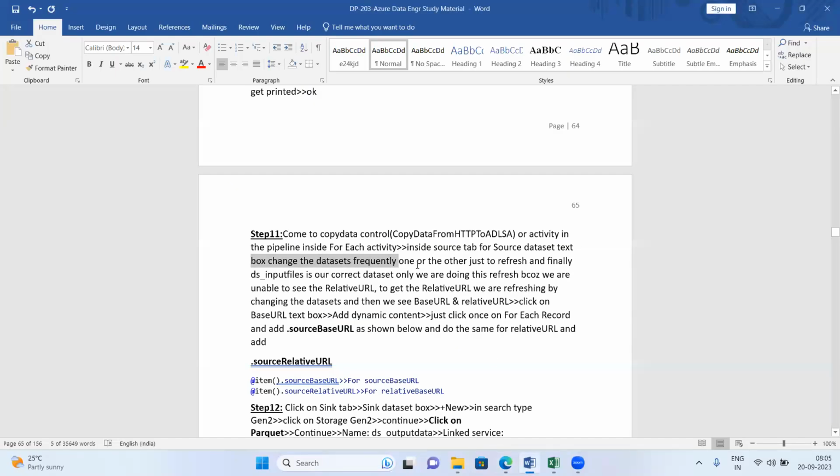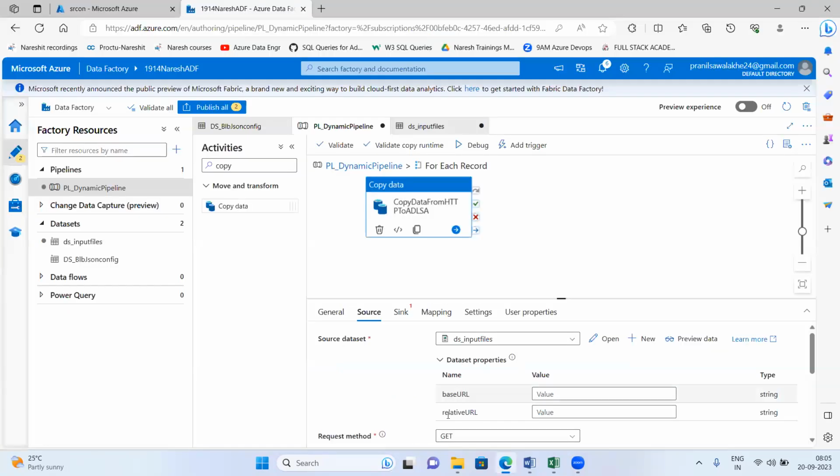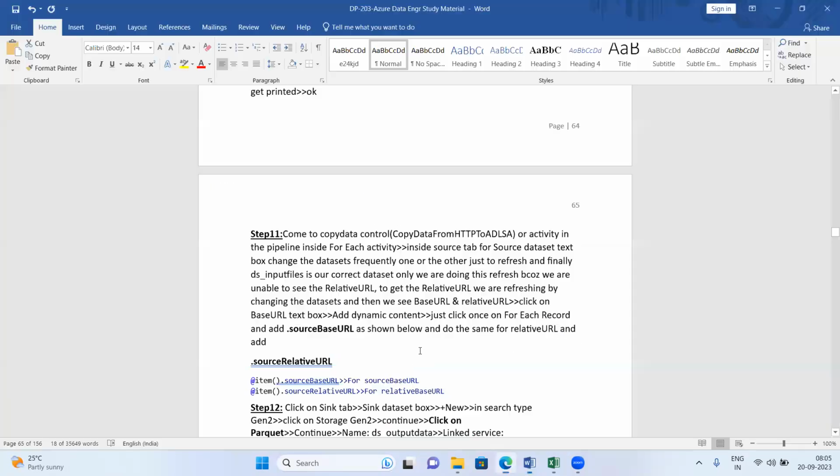Change the dataset frequently, one or the other, just to refresh, and finally DS input files is our correct dataset. We are doing this refresh only because we are unable to see the relative URL. By changing the dataset we refresh, and then we see base URL and relative URL both. Now, what I am saying here,